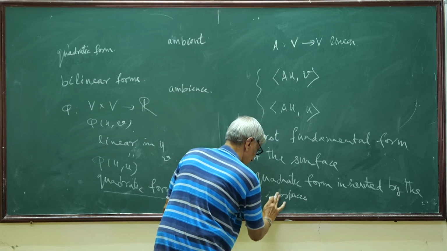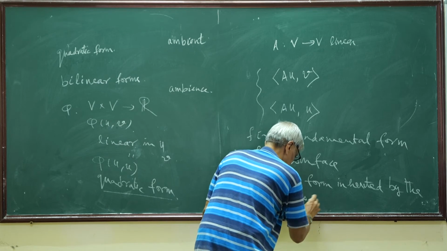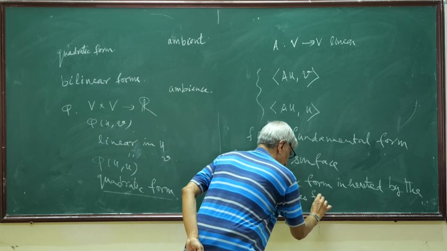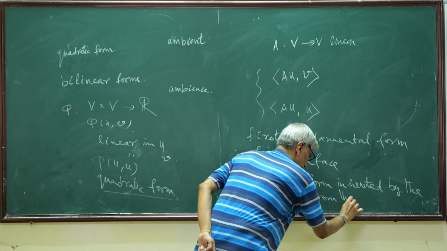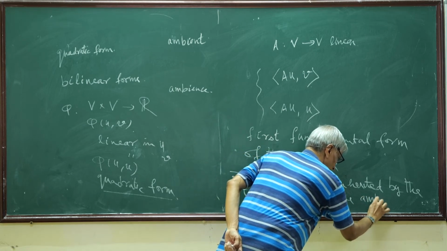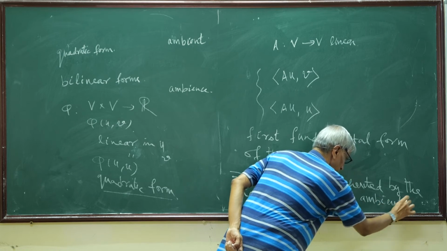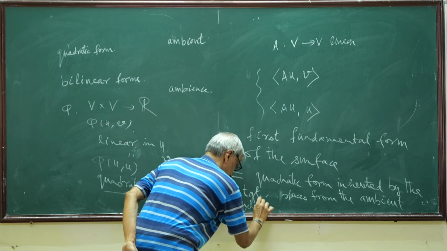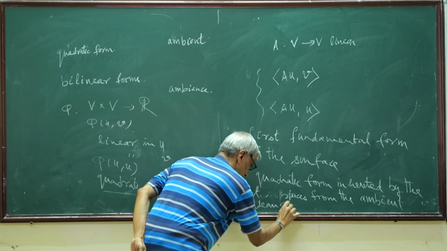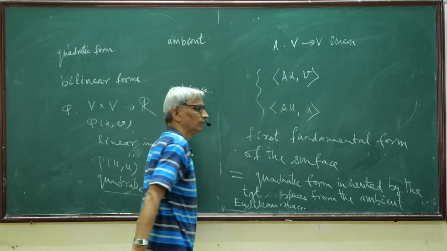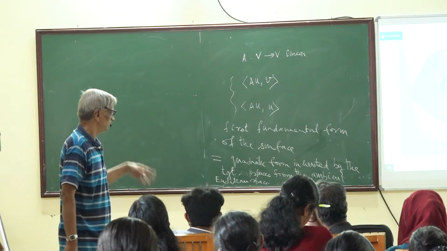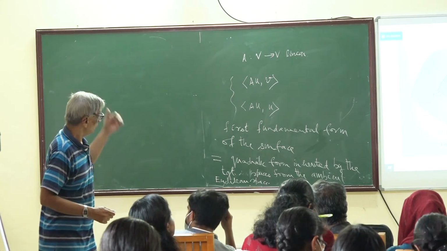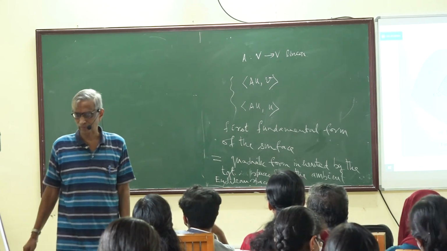Tangent spaces, which are all subspaces of the Euclidean space. Okay, so this is already there, so we don't have to do anything about it. So now we come to what is called a second fundamental form,